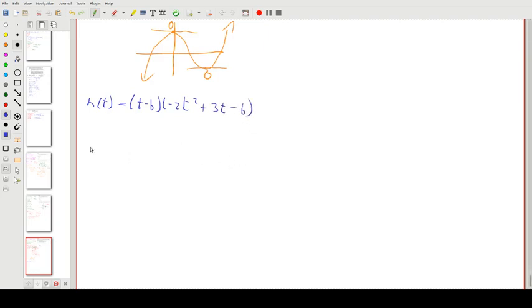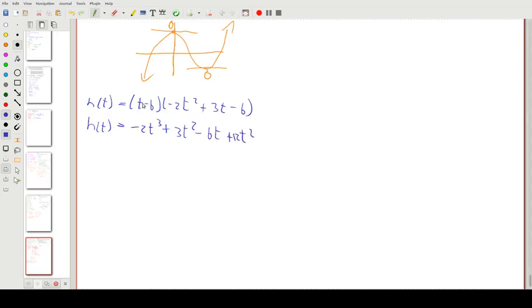Okay, let's multiply this out first. So we'll have h of t equals, so we'll multiply, do the rainbow multiplying, right? So t times negative 2t is negative 2t cubed. T times 3t is plus 3t squared. T times negative 6 is minus 6t. Negative 6 times negative 2t is plus